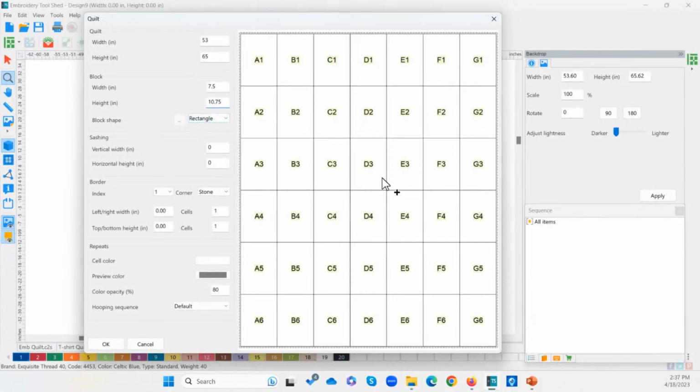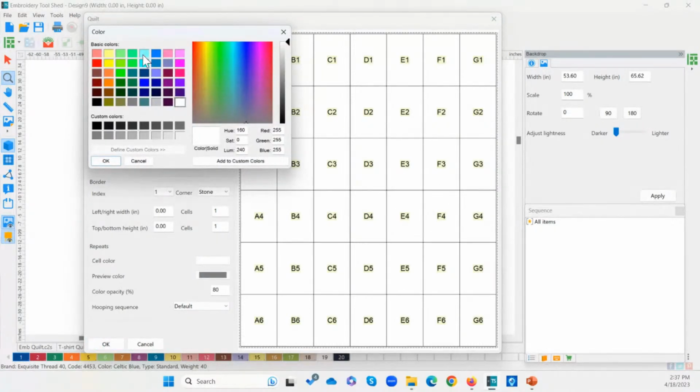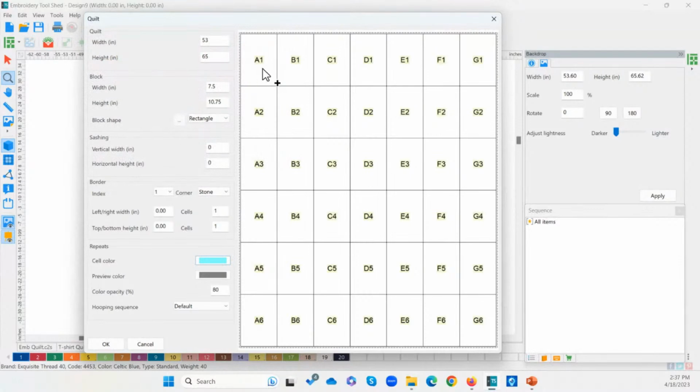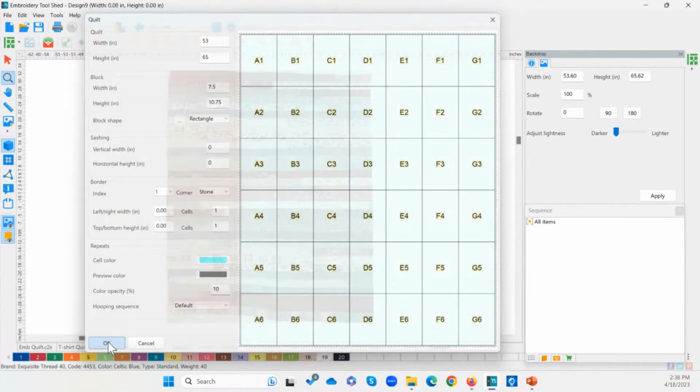So in this case, what I would do here is I would be designing to fit within my hoop. Now, let's do this just for simplicity. Let's put the same color all over. So I'm just going to click and drag. And then we can bring in our design. So click and drag. I'm going to lighten up this color to, let's do the 10 again. That makes it nice and light.